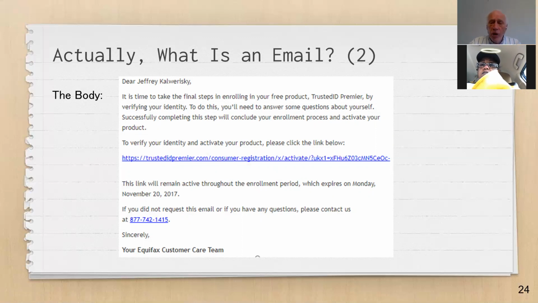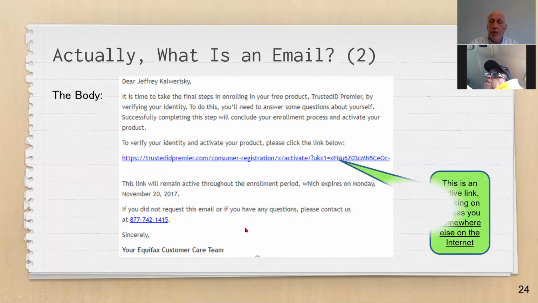And I always say, if you don't know where you're going, you don't want to go there, right? You remember what your mama used to say to you. If you're walking home from school and a nice man stops his car and says, little girl, I'll give you a candy bar and I'll take you to school, what did your mama say? Don't get in the car, right? Because you don't know where you're going, and that's probably a bad thing. So this is the same thing. It's so easy to do that people just click on these things and don't realize they're being taken somewhere on the internet, which is exactly like getting into a stranger's car. Not a good thing. So we call that an active link, right?